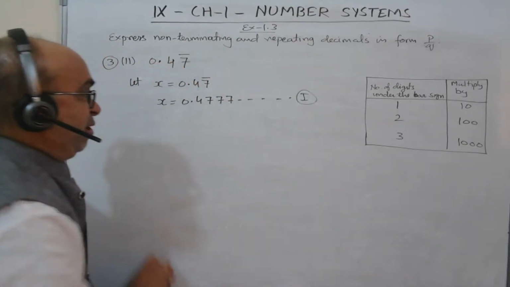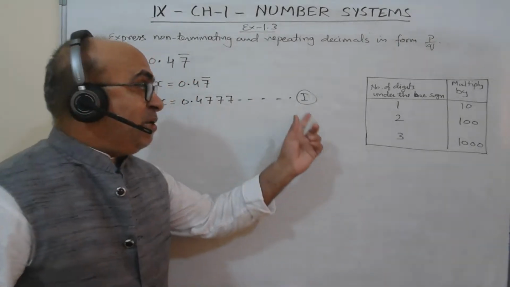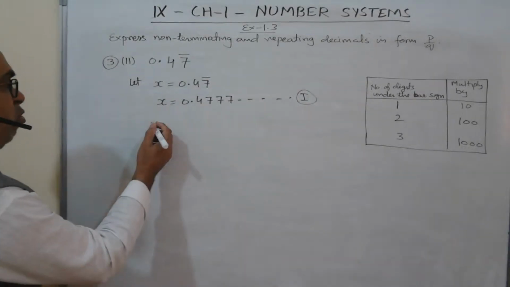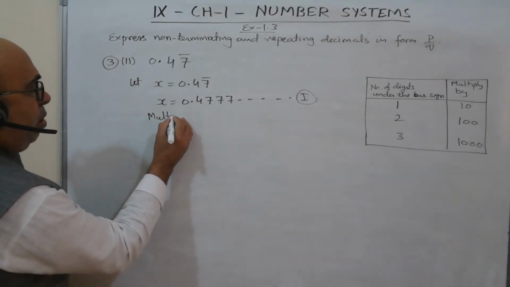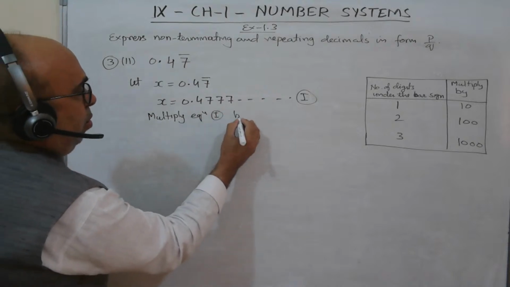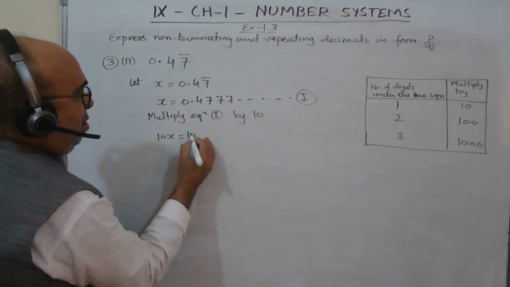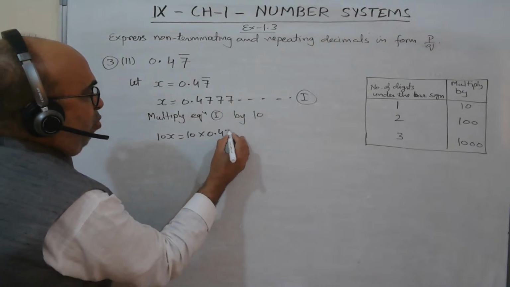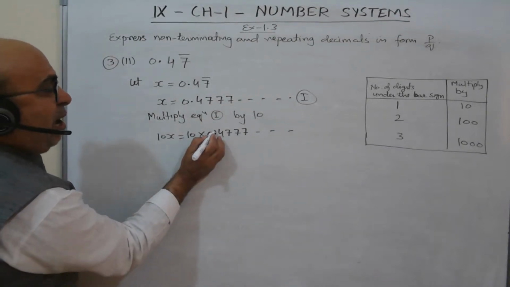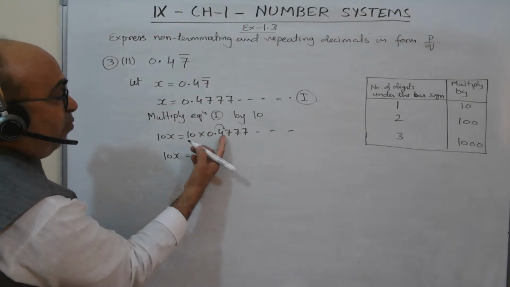Now, same situation: under the bar sign there is only one digit, so you have to multiply equation 1 according to the rule by 10 only. So now multiply equation 1 by 10. So 10 into 0.4777 dot dot dot. When you multiply, the decimal will move here. So 10x equals